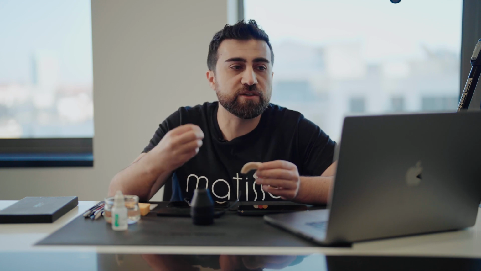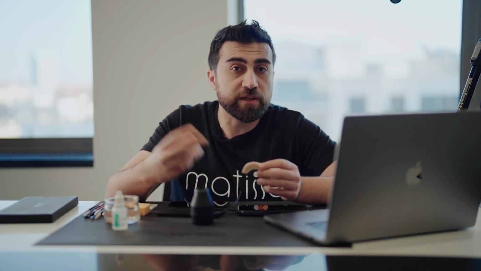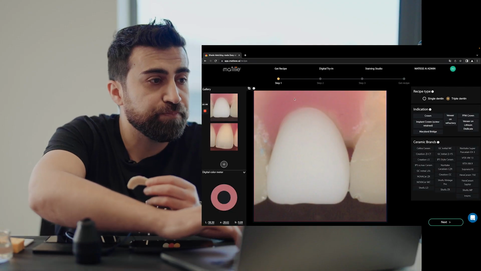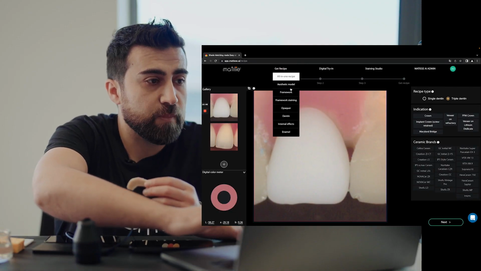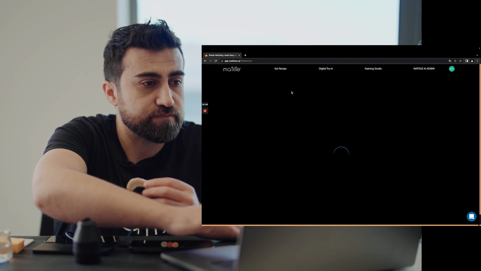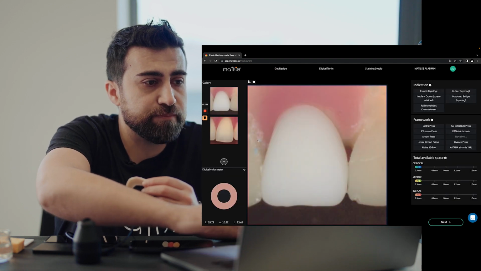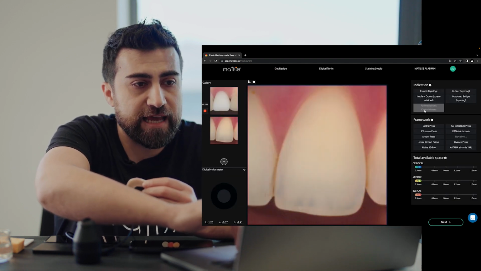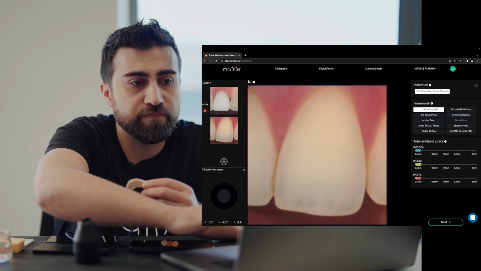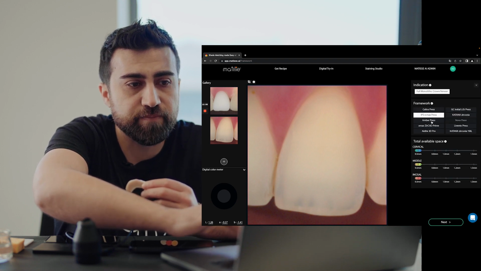Always start brighter, so the luminosity should be brighter than the target color. If you want direction on what material to use, what ingot or what zirconia, you can also go to get recipe, framework, and in this step select full monolithic crown, and select your materials,